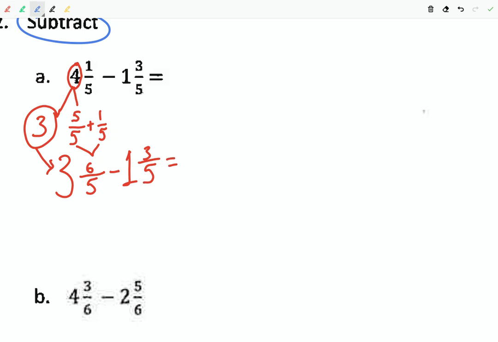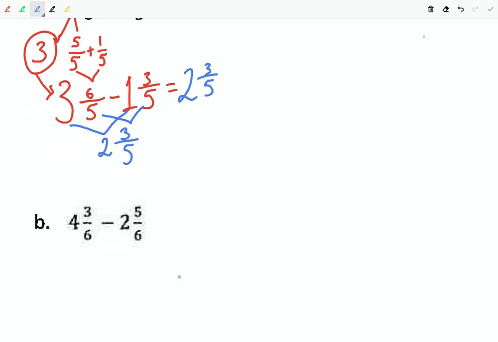Right, and then we go ahead and subtract. 3 minus 1 is 2. And then 6 minus 3 is 3/5. So the difference or the answer is going to be 2 and 3/5. And then you go back here and you write the answer in the original equation. And that's it. That is it